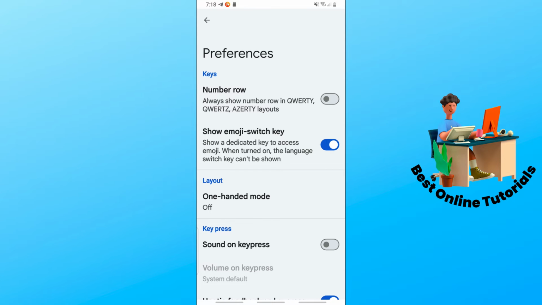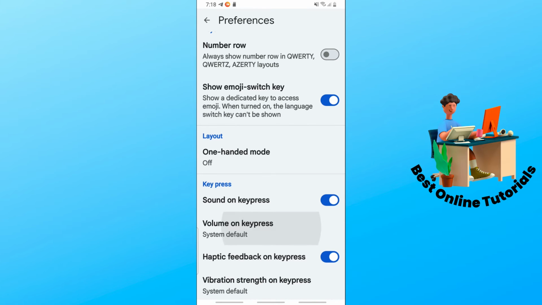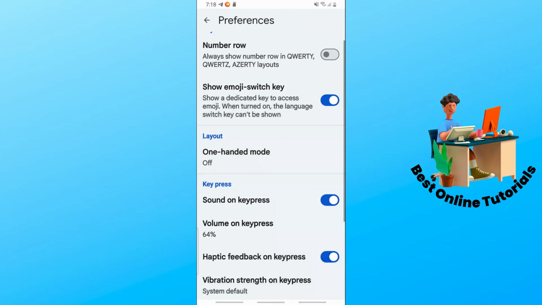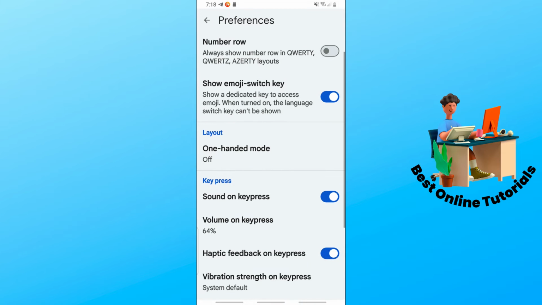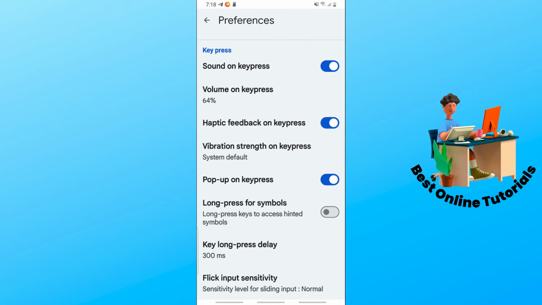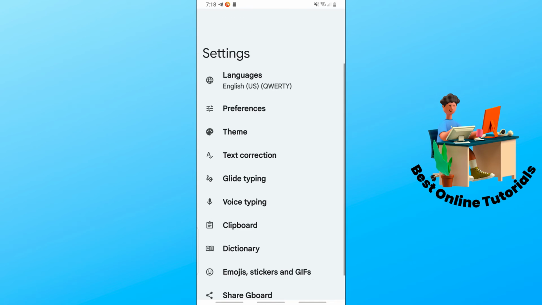So guys, from here, just simply select sound on the key press, and the volume on key press will be around 78. And after that, you could just simply go ahead and select the pop-up on screen keyboard as well over here. And now, with that said, you could just simply go back at the top left corner and then